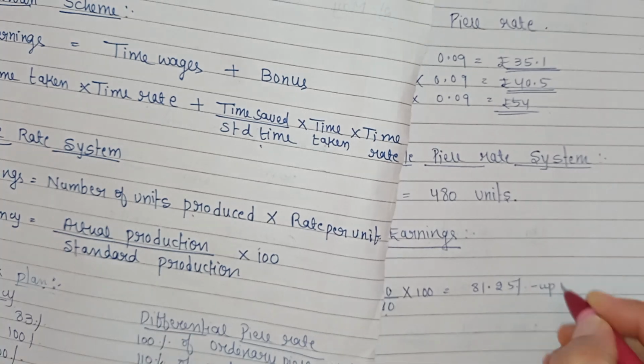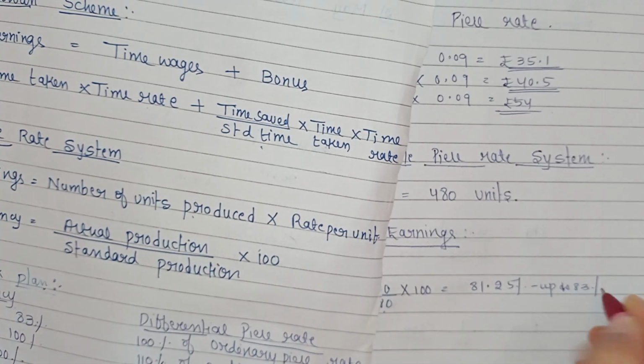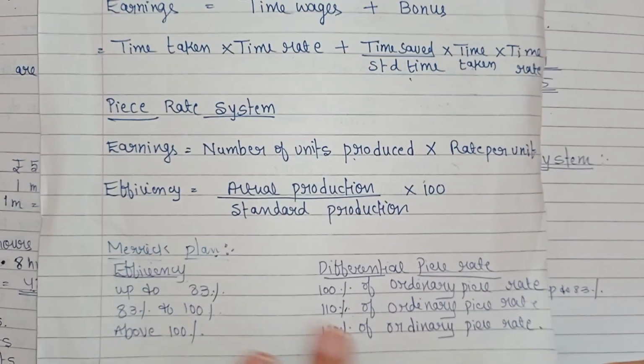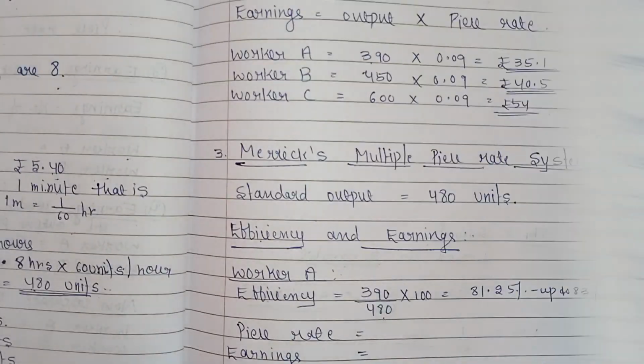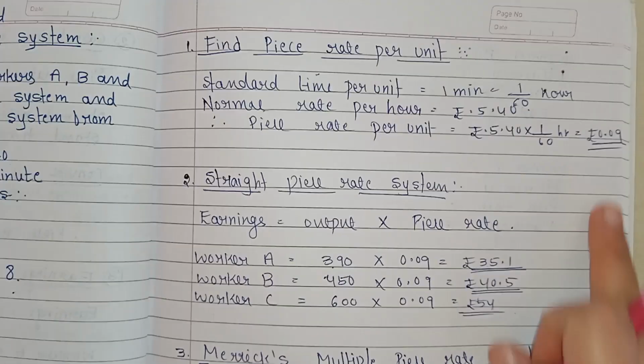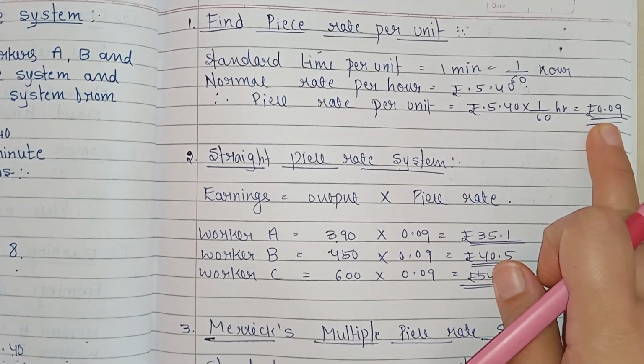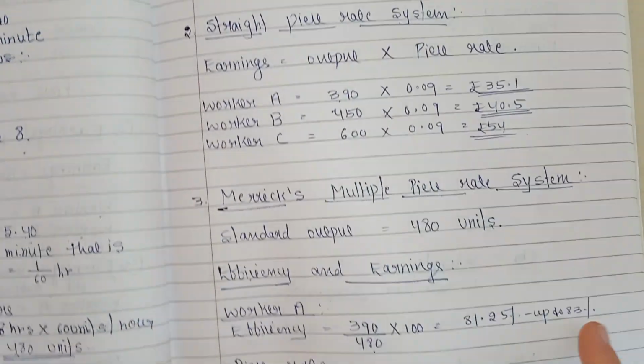So up to 83% means the differential piece rate is applicable. 100% of ordinary piece rate means the piece rate is 0.09 only. 100% of 0.09 means